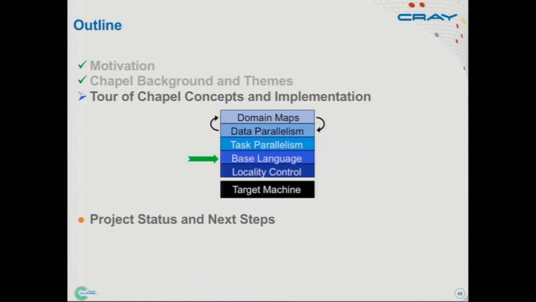So we're going to start with the base language. You can think of the base language as being, if you took Chapel and took out everything related to parallelism and large-scale computing, that's what you'd be left with. In a sense, it's like the sequential C or Java or Fortran on which Chapel is based. But rather than extending an existing language, we really started from a blank slate, although we were certainly greatly influenced by many existing languages. So you'll see things that look familiar to you. Let me show you a few features in the base language.